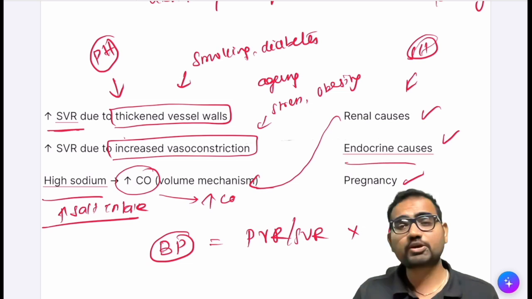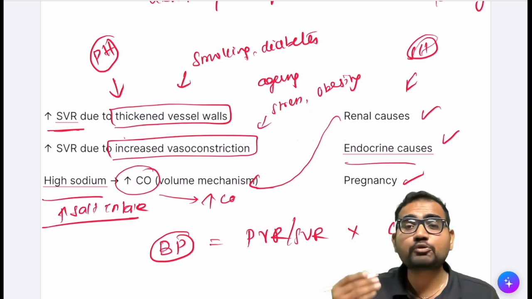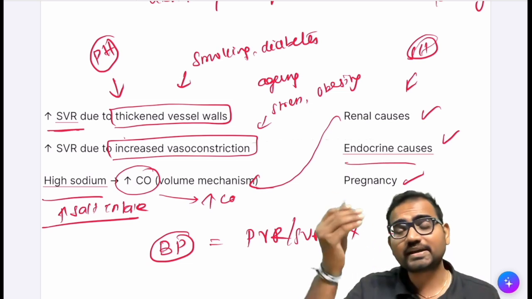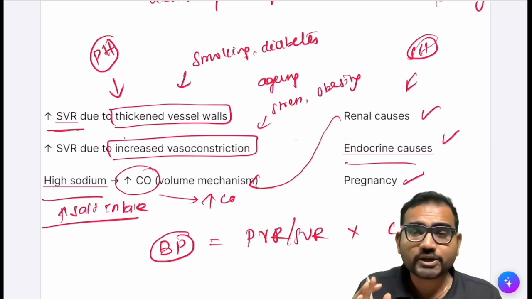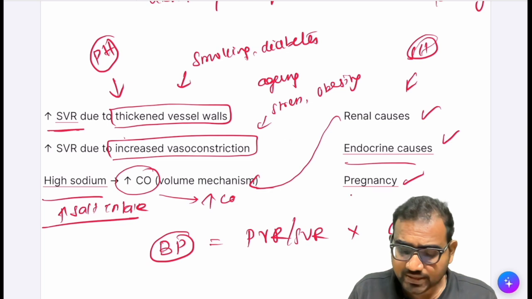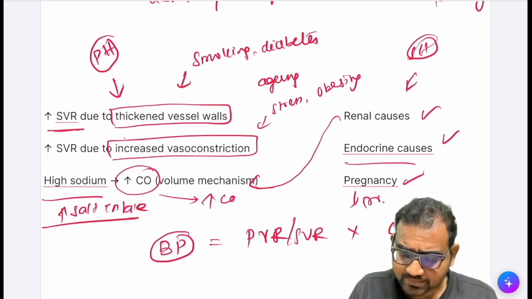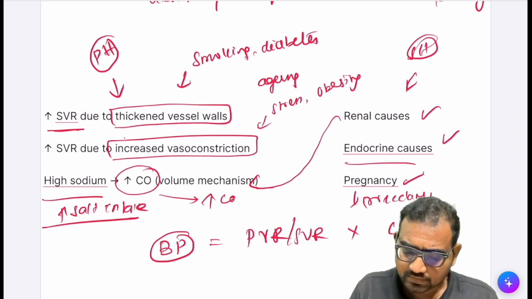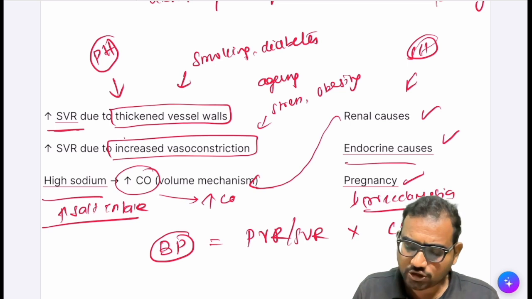Endocrine causes can be because of thyroid, hyperthyroidism, hypothyroidism. Hyperthyroidism causes increased cardiac output, and hypothyroidism causes increased peripheral vascular resistance. And in pregnancy, you can see preeclampsia. So preeclampsia is a combination of hypertension plus proteinuria